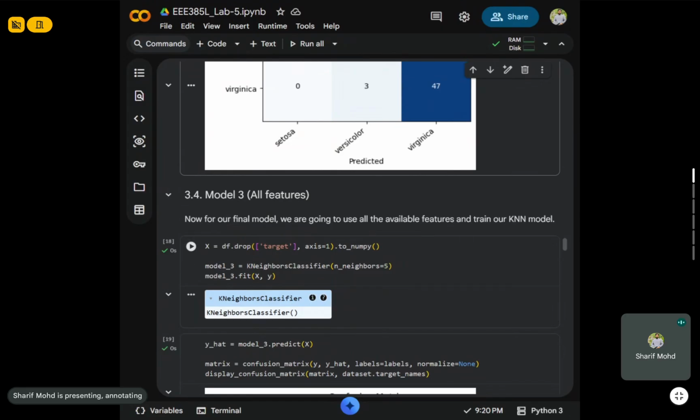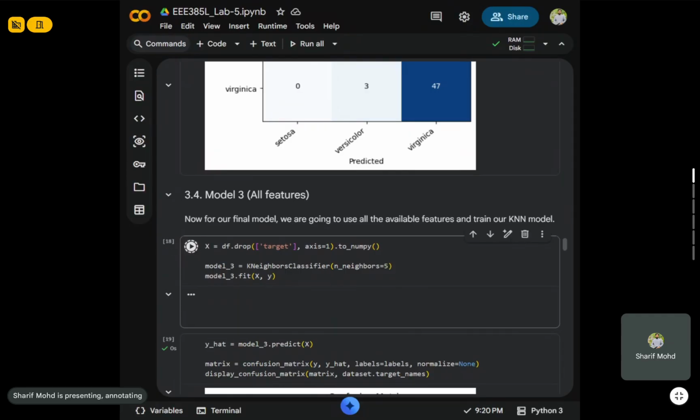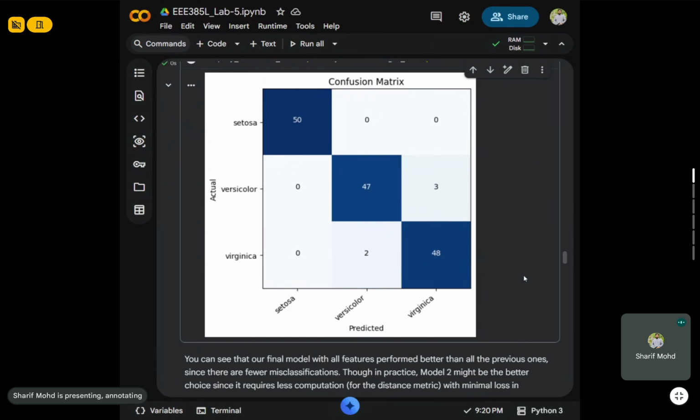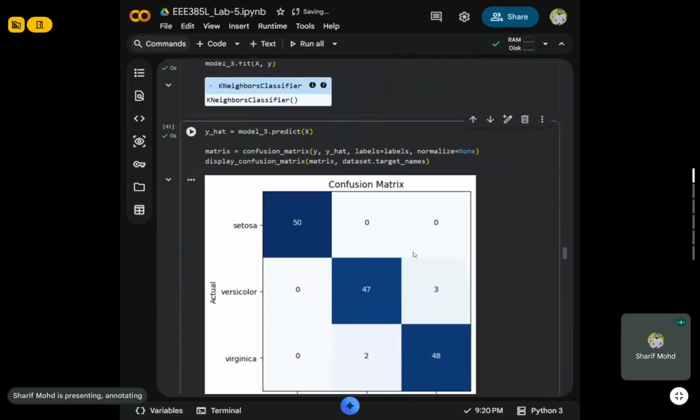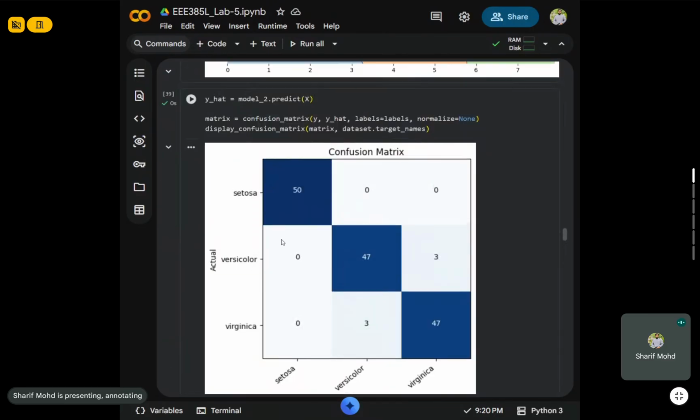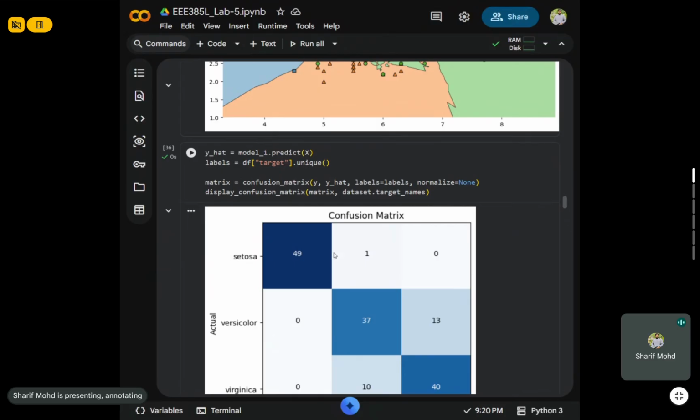মডেল 3 তে আমরা পুরো চারটাই আমরা ইউজ করব, এখানে পুরো চারটাই আমরা এখানে ইউজ করব in order to actually do the job, all four, and this is our confusion matrix। এখানে you can see that, so এই confusion matrix টা আমাদের বোঝার জন্য what do we understand here, that in actual সেটোসা তে অ্যাকচুয়ালি 50টা আছে, 50টাই সে কারেক্টলি ধরতে পারছে। বাট প্রথমটা যদি দেখি আমরা, সেটোসা 50টা আছে, 49 প্লাস 1, হাউ মেনি সেটোসা আর দেয়ার? 50। 50টার মধ্যে 49 সে কারেক্টলি প্রেডিক্ট করতে পারছে, সো দিস ইজ ট্রু পজিটিভ, এন্ড দিস ইজ হোয়াট ফলস পজিটিভ,